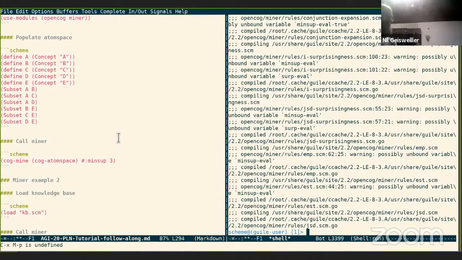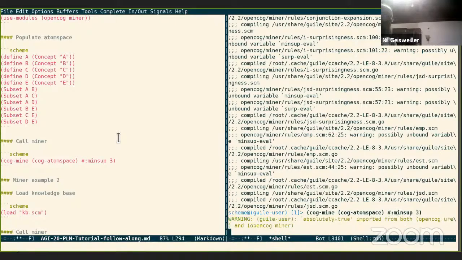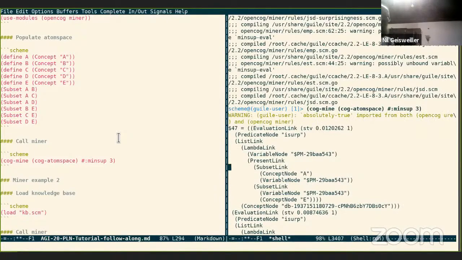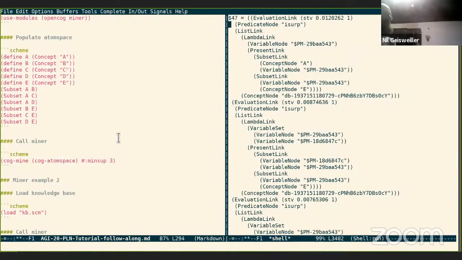Okay, let's try again. Okay, so it has found a bunch of stuff. Yeah, and the most surprising one is the one that we're looking for. So it's basically A is a subset of something, and this something is the subset of E. I mean, so it's basically here. Okay, that's a little bit more complicated than what was in the presentation, and that's because here we have actually